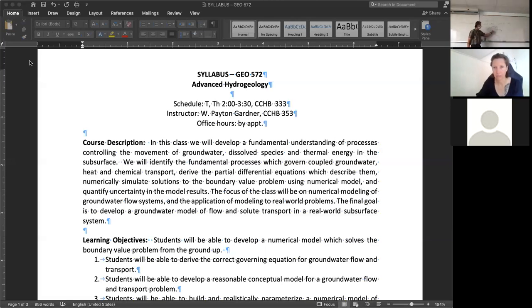All right, what do you think, Claire? How can I calculate the amount of mass in my box? The mass density of grains times the volume of grains plus the density of water times the volume of water. Okay, so let's say I don't care about the grain, so I just want water. So porosity times total volume times density.